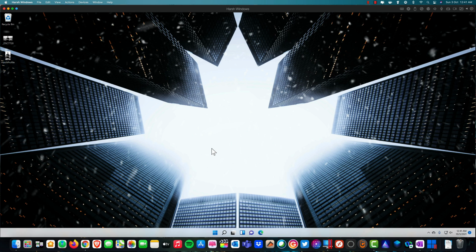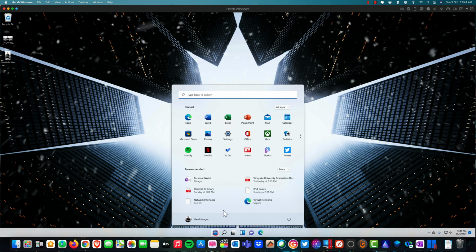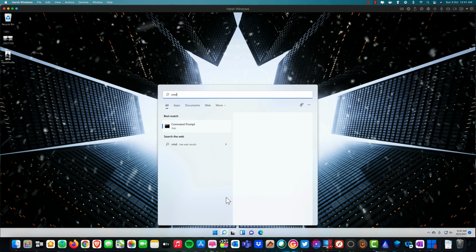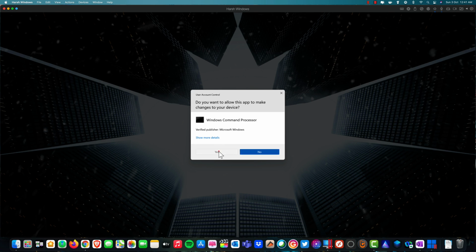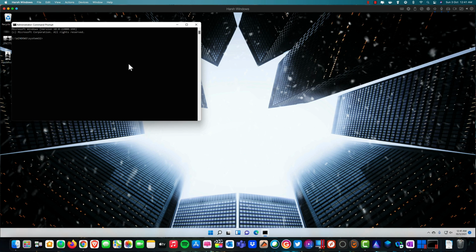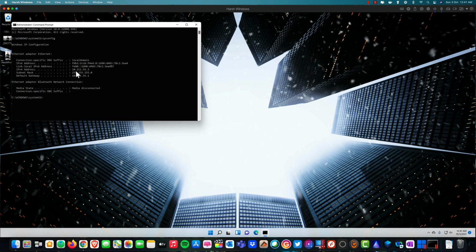So let's go to the CMD. Definitely, this is one of the ways to find out the IP address on your machine, because if you are running a Windows machine, how can you find out? So type command prompt and run as administrator. Here, the command is ipconfig. If you type ipconfig, it just gives you the IP address assigned to this interface. But if I type